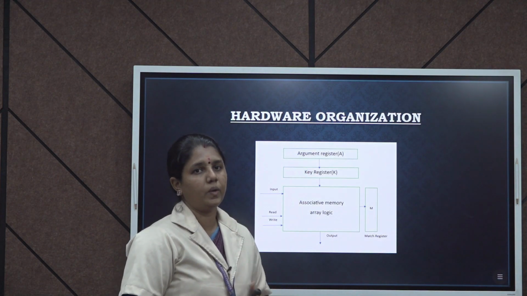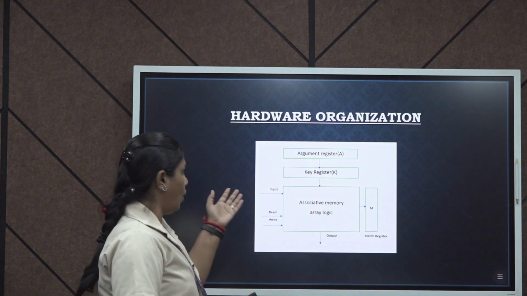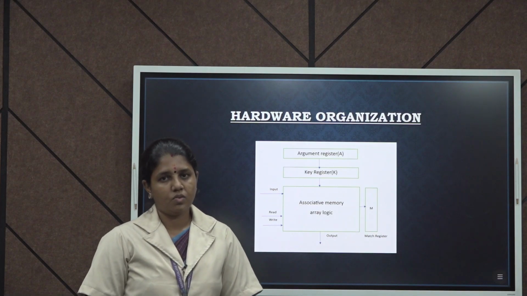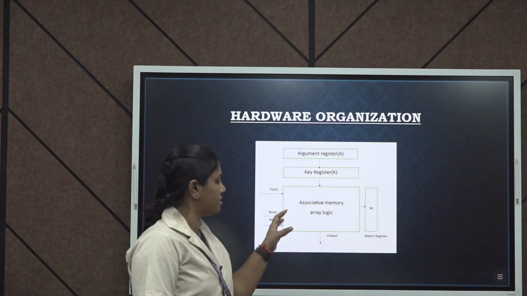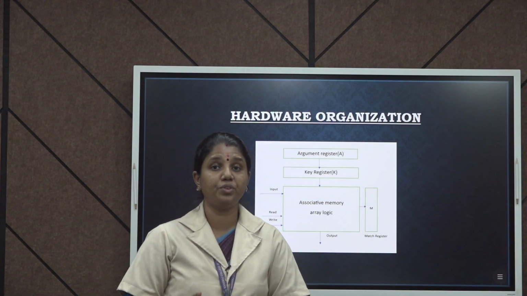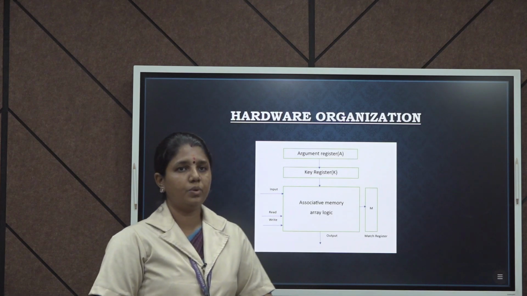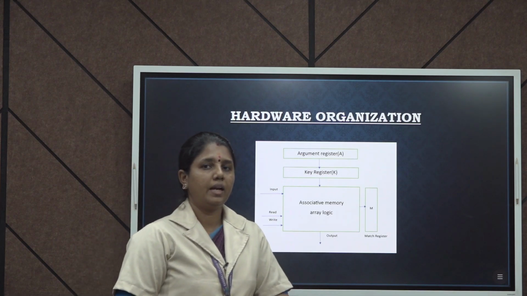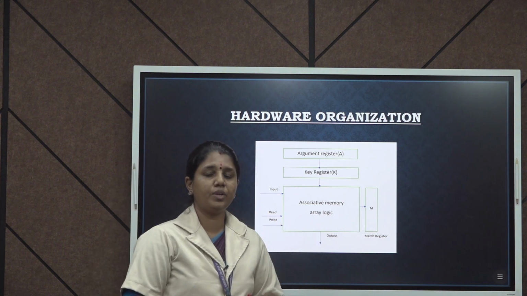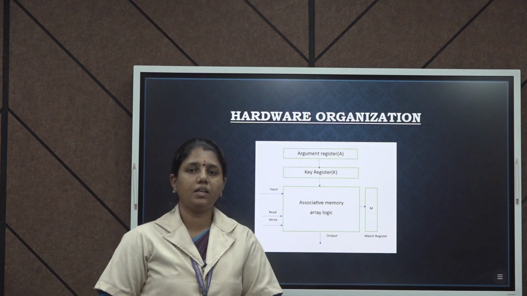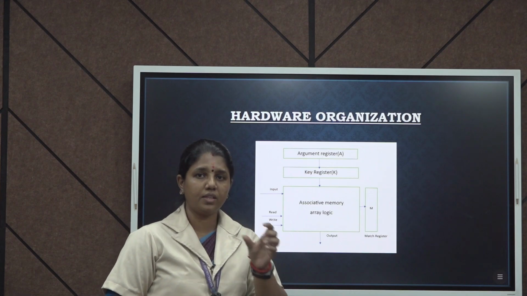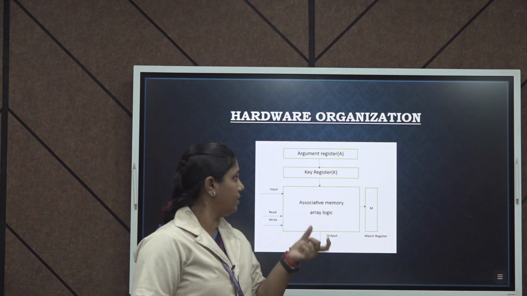And these are the hardware organization: argument register, key register, match register, and associative memory array logic. In the argument register, as the name itself says, the search words are stored, like n bits of words. In a key register we store a search key. Like I said, for searching a Samsung mobile we use the keyword Samsung, and that key search is stored in the key